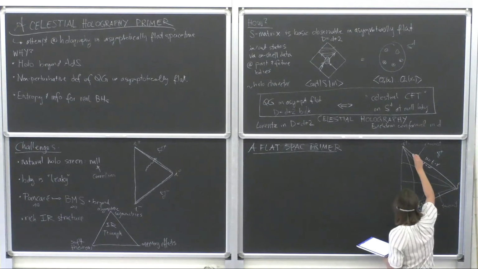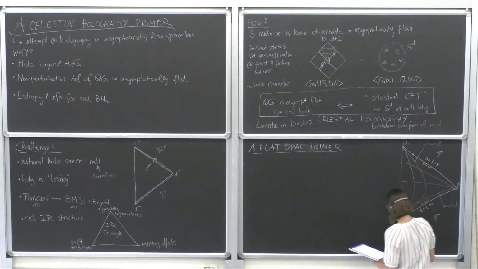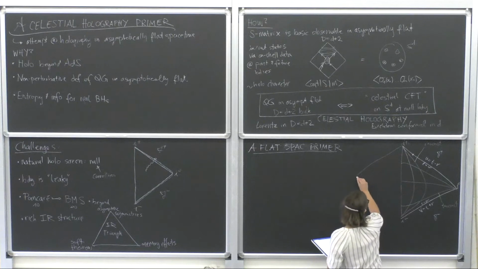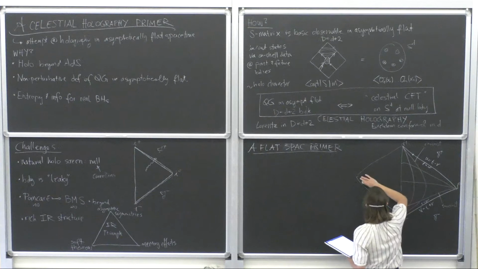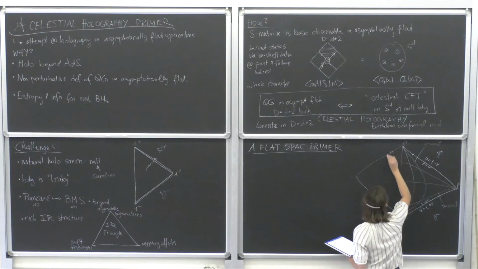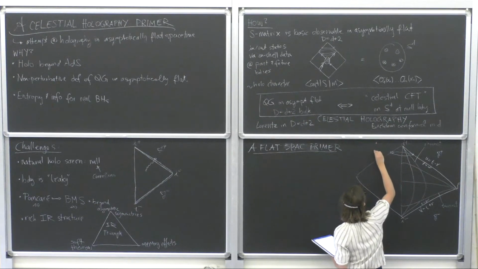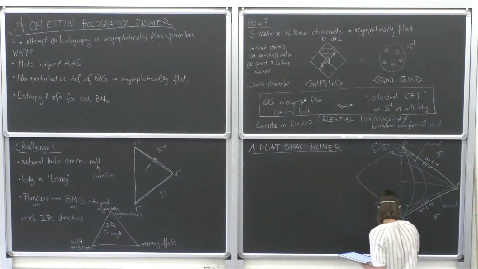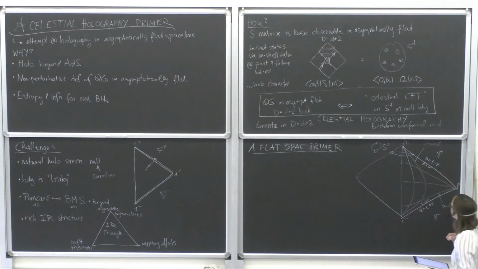Then let's see, at every point here there's a 2-sphere, if we are in 4 dimensions, which I will restrict to from now on. But I can also draw this full diamond, and then we have a pair of points, and one of them will denote, let's say, the north pole, and the other one the south pole of the two-dimensional sphere. And useful coordinates for the purpose of talking about the putative holographic dual at the boundary